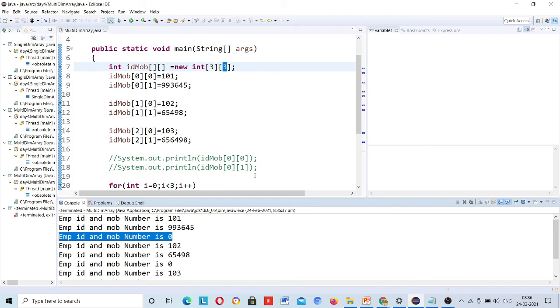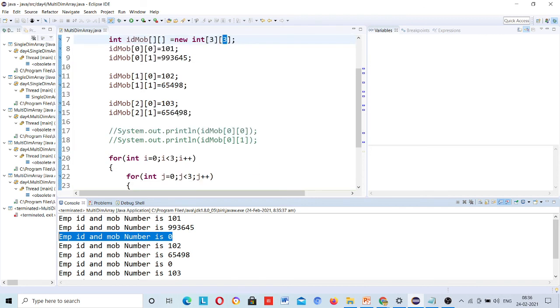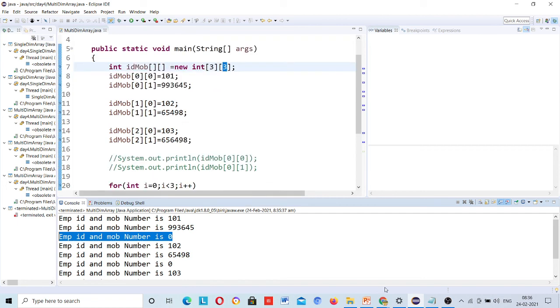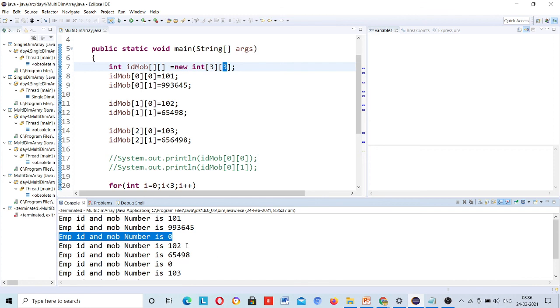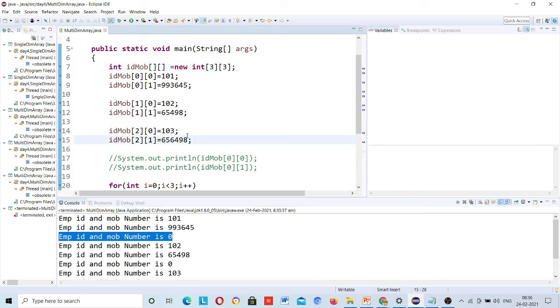And one more concept is left, that at the time of declaration, assigning the values, that is also left, and then the array topic will be over. So keep your doubts with you, and please do look at this point, why this is coming. Then I will explain this in the next session. Okay, so this is for today.